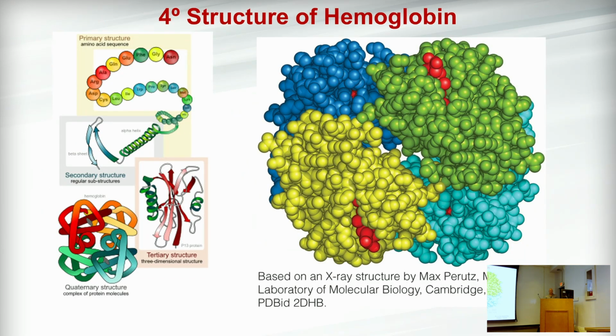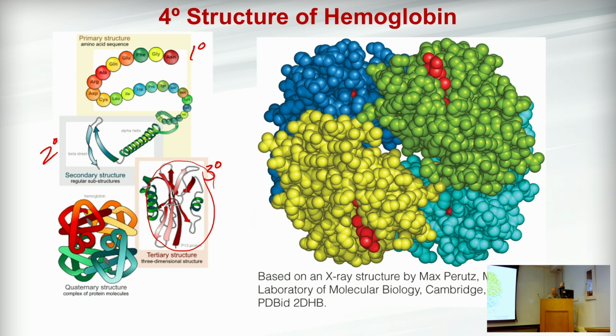The last little bit of structure that I want to talk about is quaternary structure, and I'm not going to give you any more than this on that, because we've talked about primary structure, that is the sequence. We talked about secondary structure, those are the alpha helices and those are the beta sheets. We talked about tertiary structure, where some of those super secondary structures can fold up into maybe domains, and domains can get stitched together, and then if we make a protein and we take multiple units of the same protein, or even units of a different protein, they don't have to be the same, and we add them together,